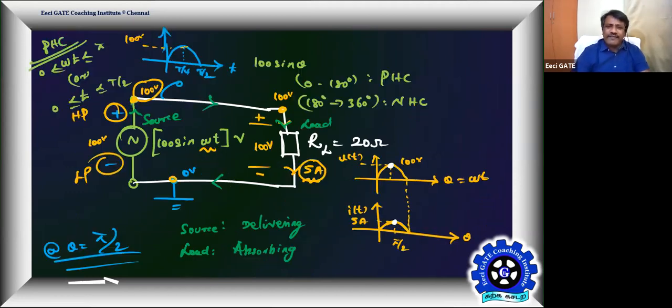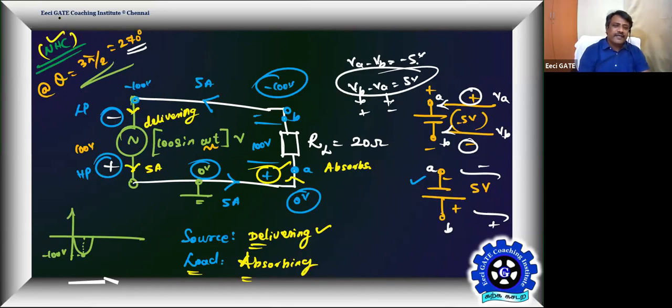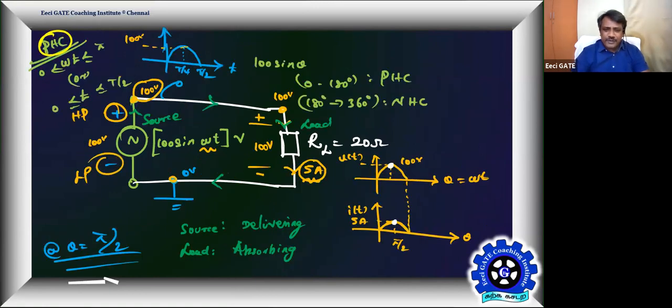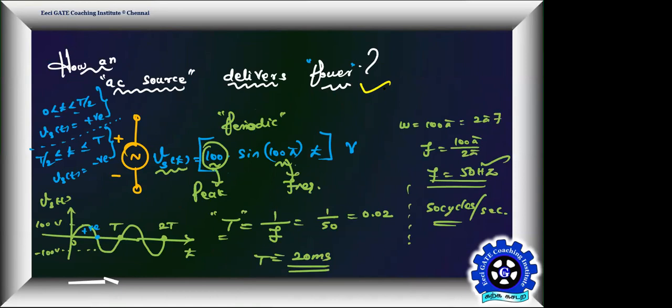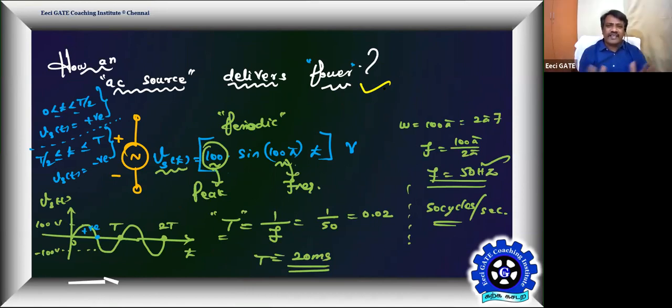So irrespective of which cycle you are in, positive off cycle or negative off cycle, you have to believe first that an AC source is capable of delivering power always. In any time over the complete cycle, it is always capable of delivering power. Even though it delivers alternating current with an alternating voltage signal having a positive off cycle and a negative off cycle, it doesn't mean that it delivers power in the positive off cycle